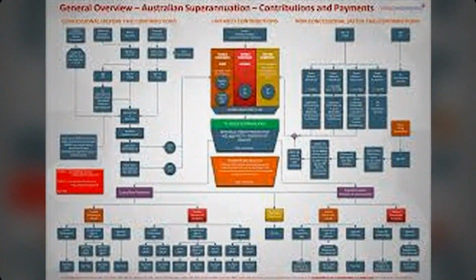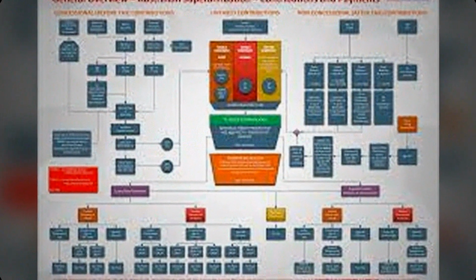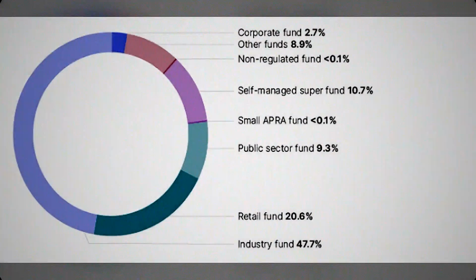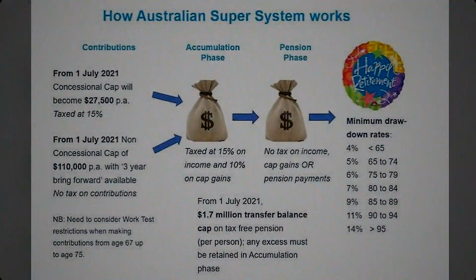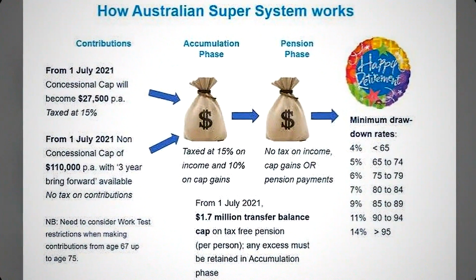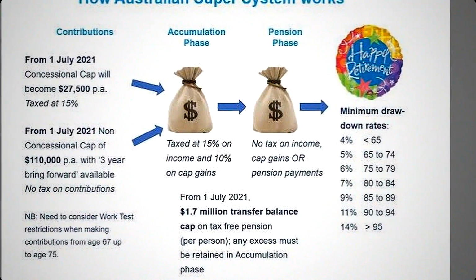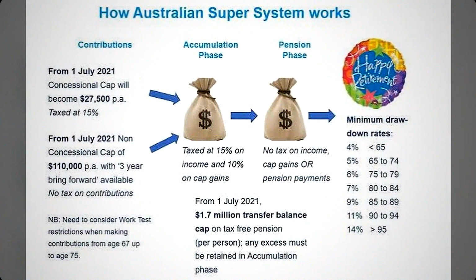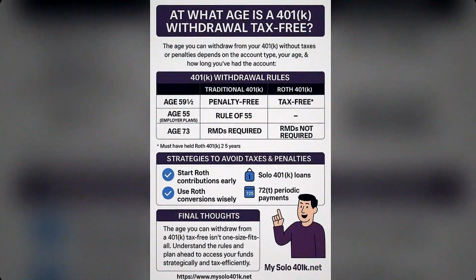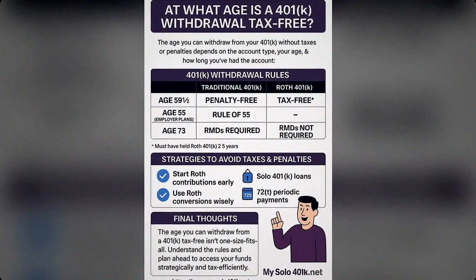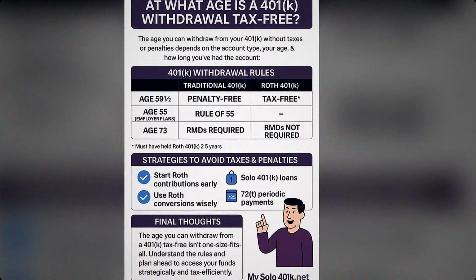Picture this, because you may have lived it. Say you have built up 400 grand in super. You turn 60. You retire or meet what the ATO calls a condition of release. You start drawing $30,000 a year from your account-based pension. That $30,000 arrives in your bank account and you pay zero income tax on it. Compare that with $30,000 earned from a job, where you would pay thousands at your marginal rate. The difference over a decade of retirement is enormous.